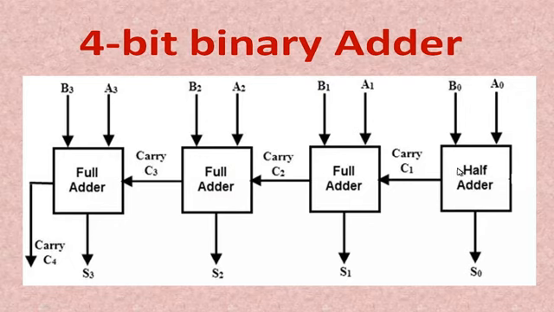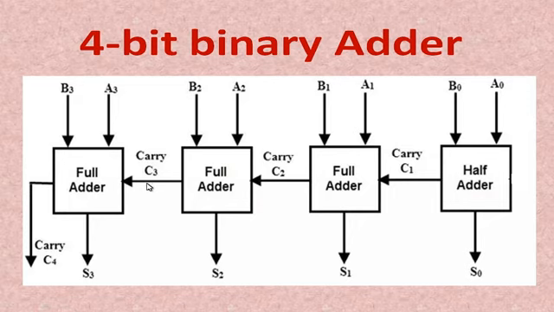Let us see why this half adder block is connected here. Because we have to perform only 2-bit addition at the LSB place. When a carry is generated by adding these 2 digits, that is A0 and B0, then that carry is next added to the full adder with the combination of these 2 bits and this carry. Therefore, here 3 full adders are connected next to this half adder. Is that clear, students?